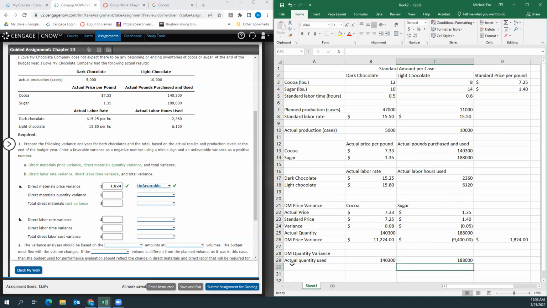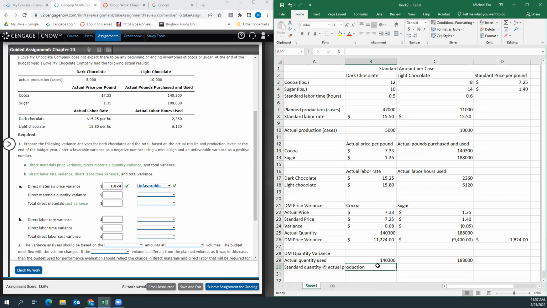Then we're going to do our standard quantity. This is a little confusing. So this is going to be our standard quantity at our actual production. So our standard quantity times our actual production. Okay, so the way we're going to do this is we're going to say, okay,